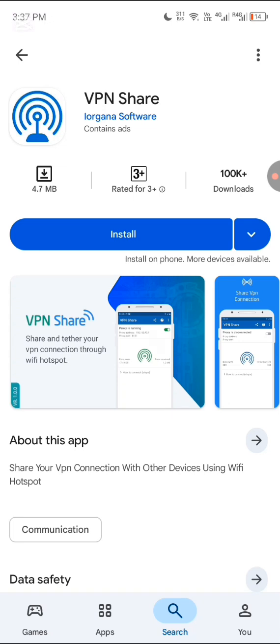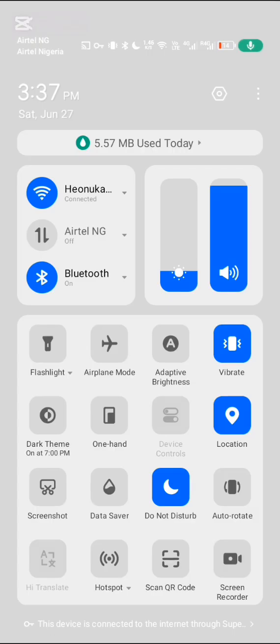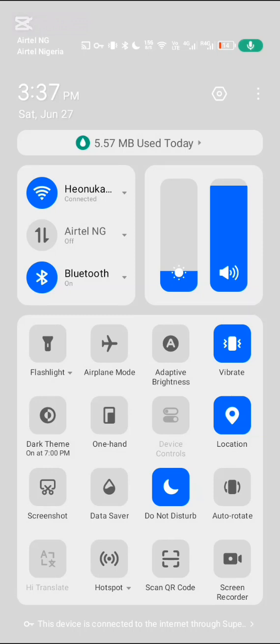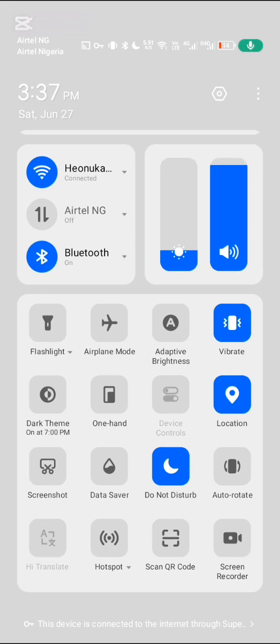For instance, VPN Share. If I'm using VPN Share, my hotspot must be active, and my hotspot and my Wi-Fi cannot be active at the same time. So VPN Share is not what I'm going to use for the sake of this video. But take note, for those of you that maybe don't have any external router or Wi-Fi, and you always use one of your devices to hotspot another one, then you can use VPN Share. VPN Share is recommended because once you download the